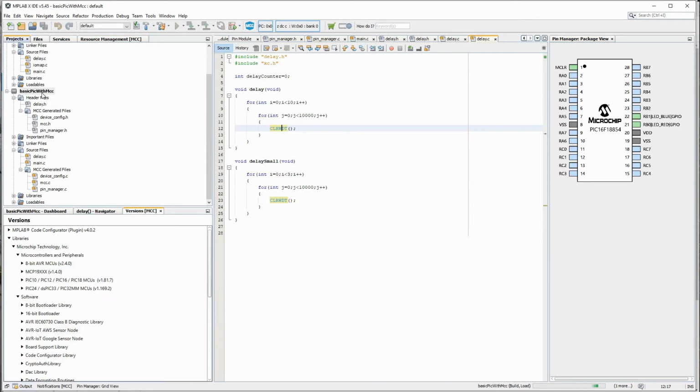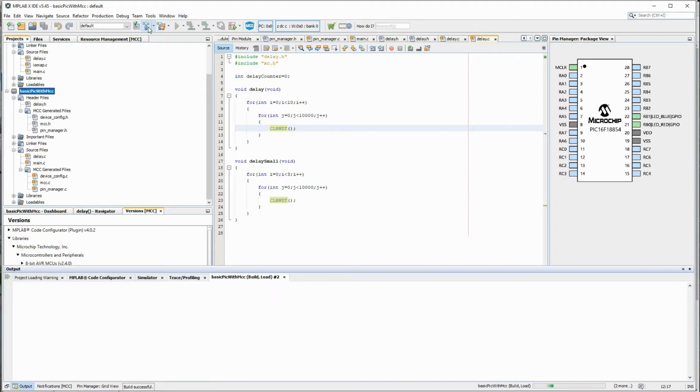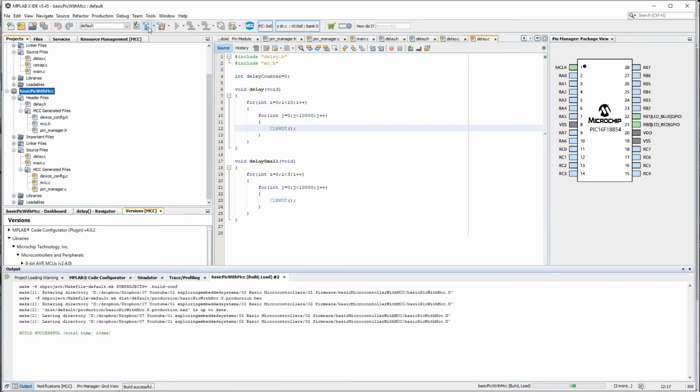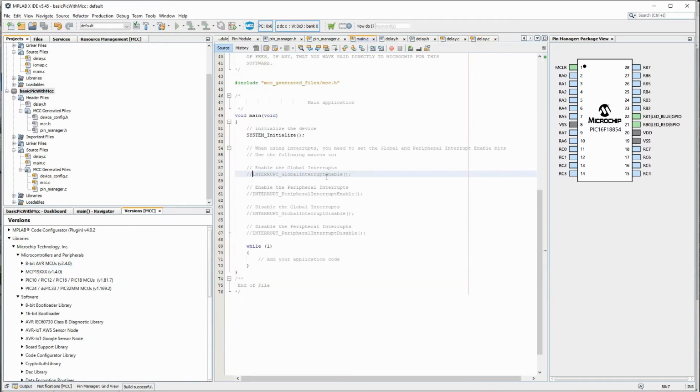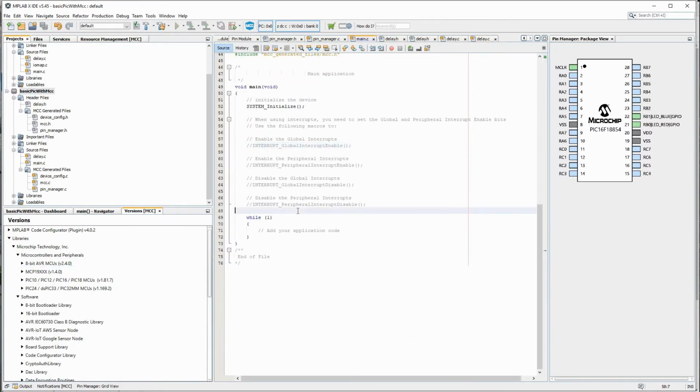Now this has been set as our main project when we created, so this is the one that is going to build. Okay, there is no error here. If I go to my main, like we did last time, let's make both of them low.